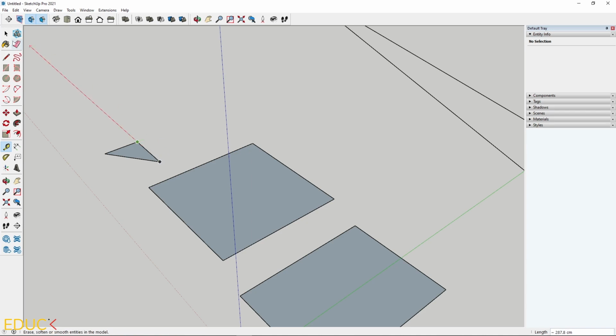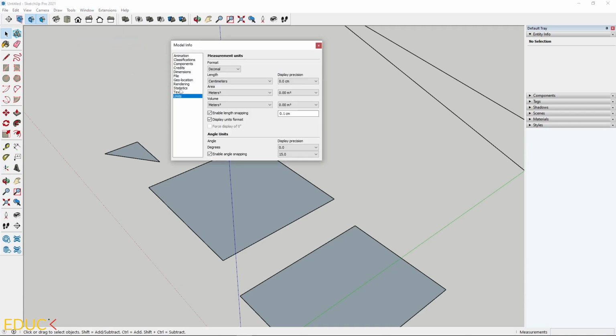Everything is alright. Let's see that our dimensions are centimeters. Remember that you can always change it. Just go to the Window tab and choose Model Info. Here we have some tabs, and at the bottom there are units. Here we can change the length, for example to inches or meters, and we can change area, or we can change volume. I will set area and length to centimeters as it was before,